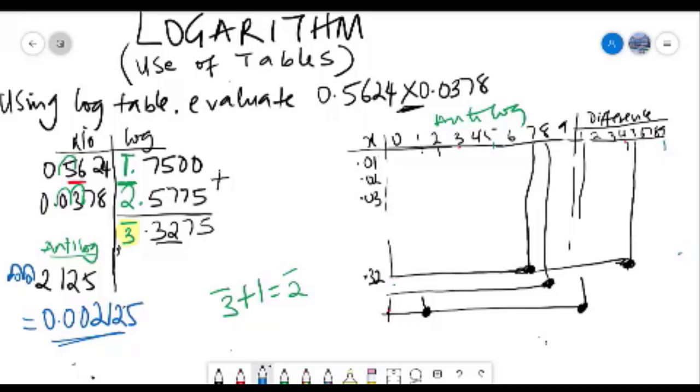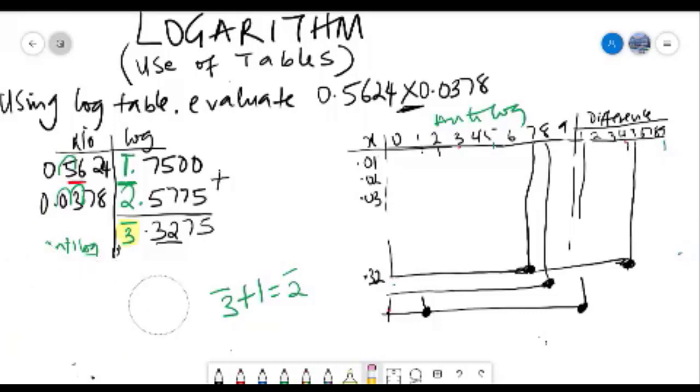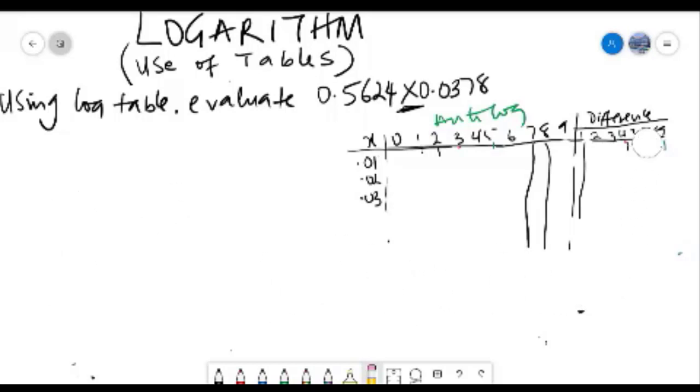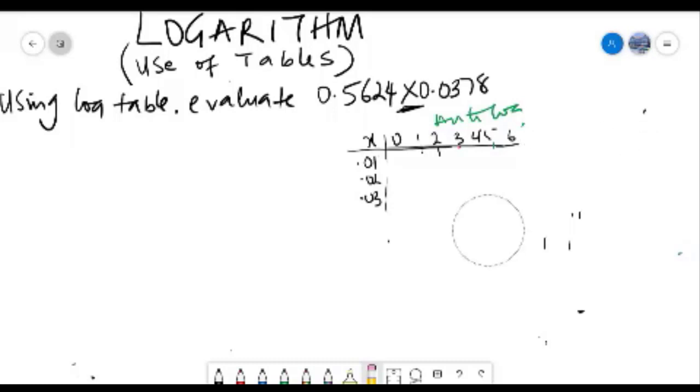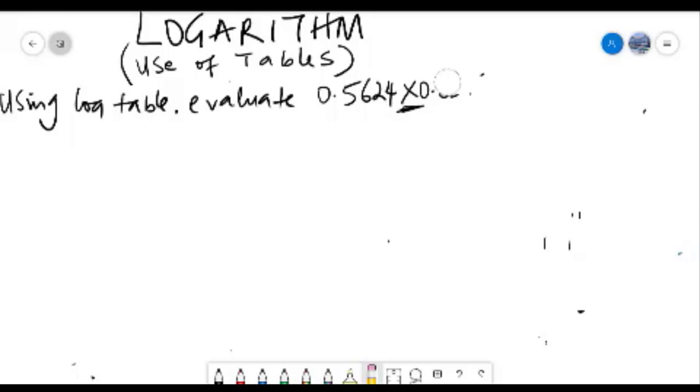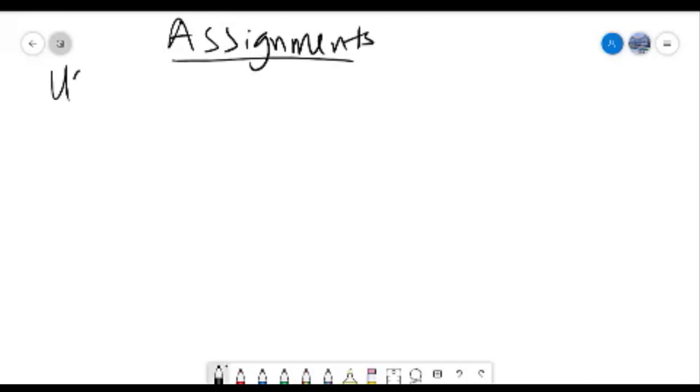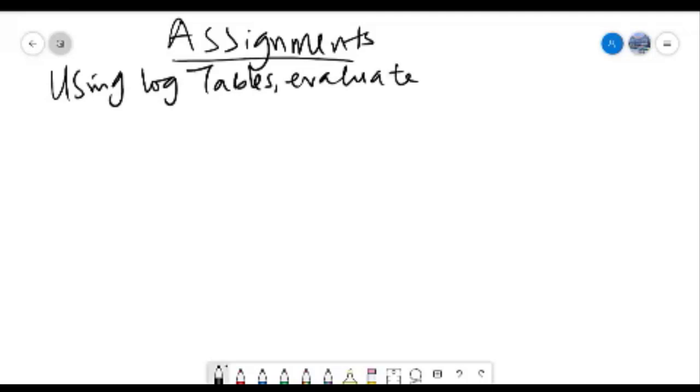One more example. Or I will just really give you an assignment from here, and then in the next class we will continue from where we stop because of time. All right. Take the assignment. Using logarithm table, evaluate,